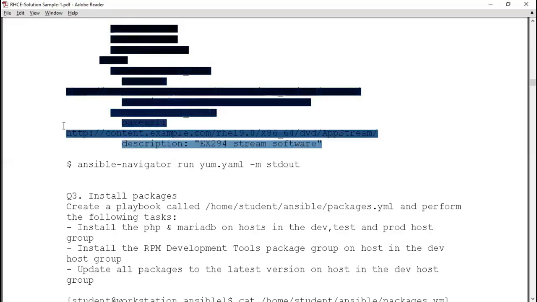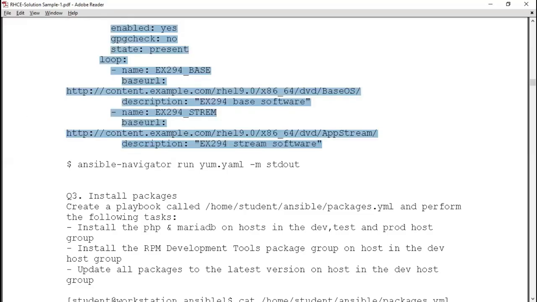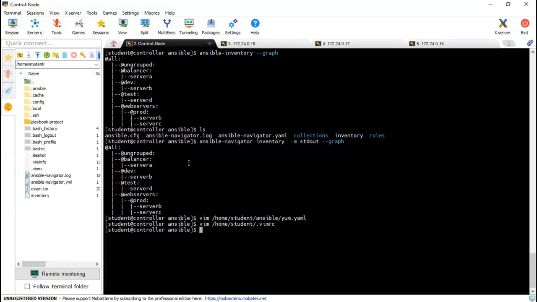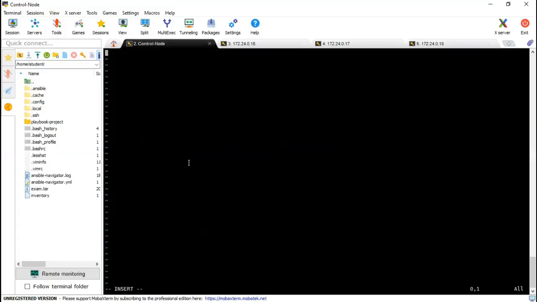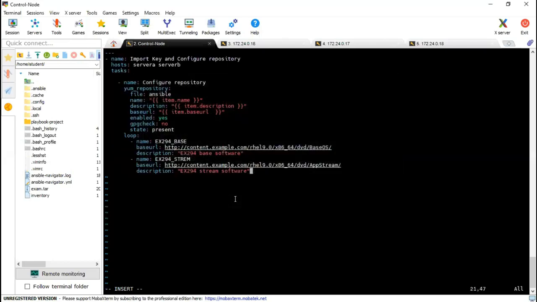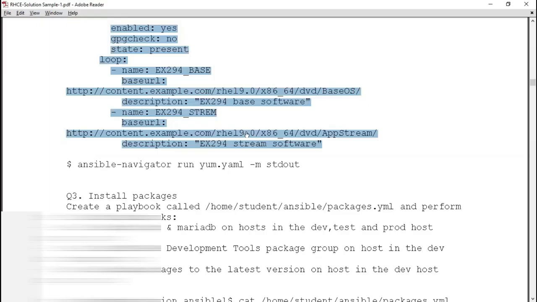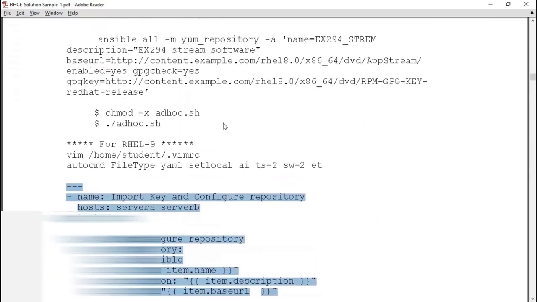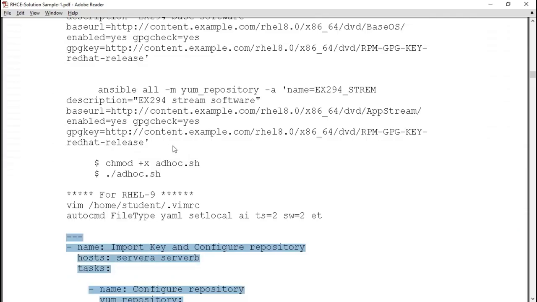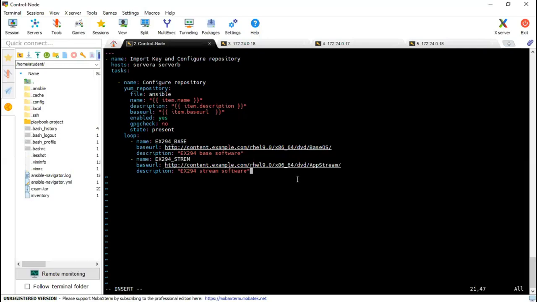Yeah, so let me copy this whole YML file now. And then, yes, so it is there. But there are slight changes in this playbook as per the question which I can see. They are saying GPG key should also be there. Good.